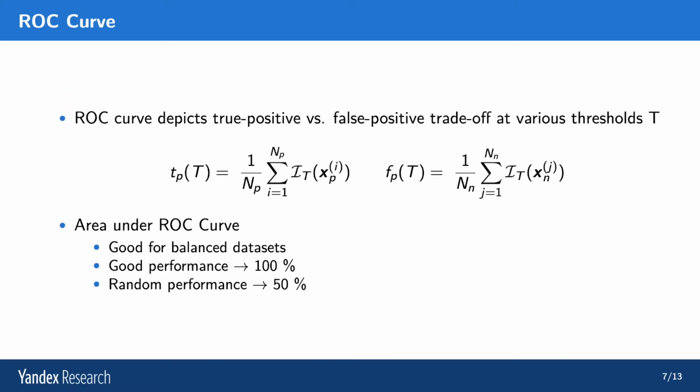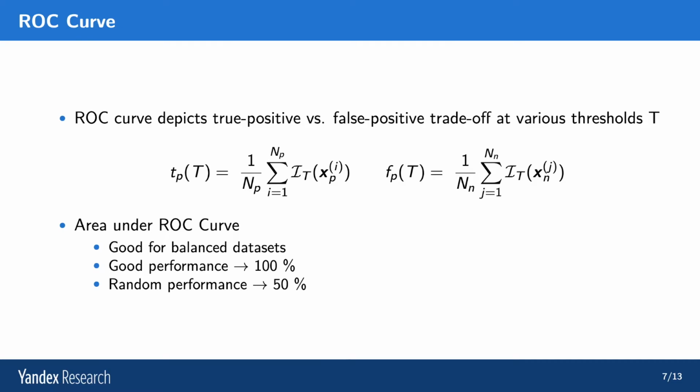Now, an ROC curve is defined as the true positive rate versus the false positive rate at a particular threshold. So we draw the curve by varying the threshold, and we draw the points which correspond to different true positive and false positive rates. The true positive rate is the number of true outliers we have detected at a given threshold, out of the total number of outliers. And the false positive rate is the number of in-domain examples or correct examples which we have classified as incorrect or out of domain at a given threshold.